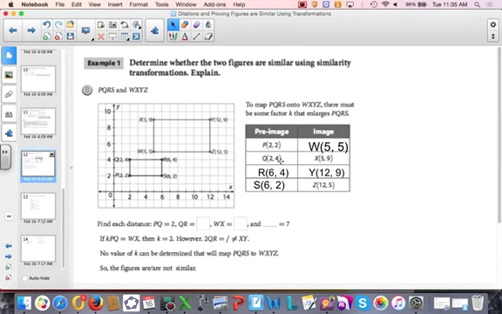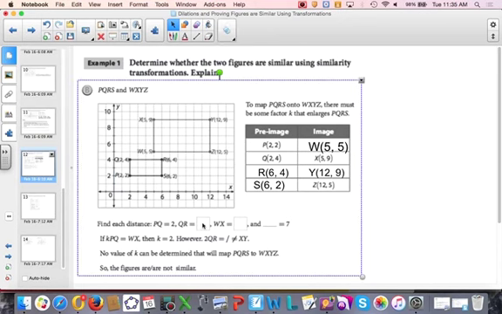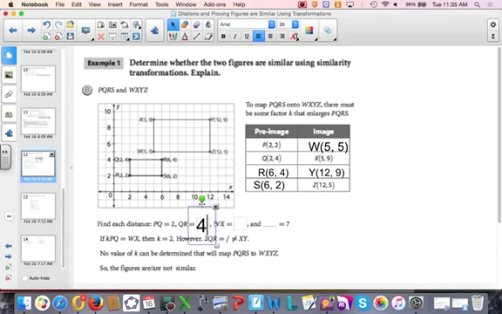And then for the y coordinates, what you might notice is that the y coordinates are being multiplied by 2, and then I'm adding 1. Okay, so let's find each distance. PQ is 2 units long, QR is 4 units long,